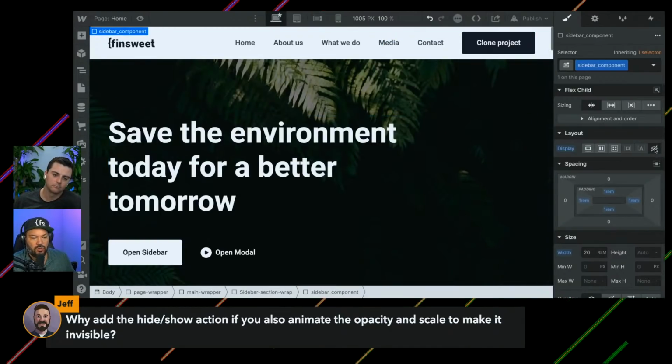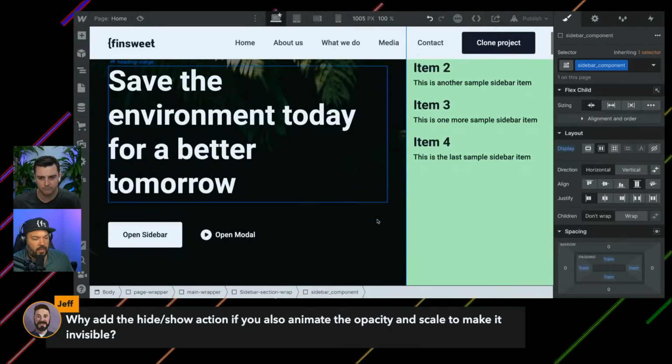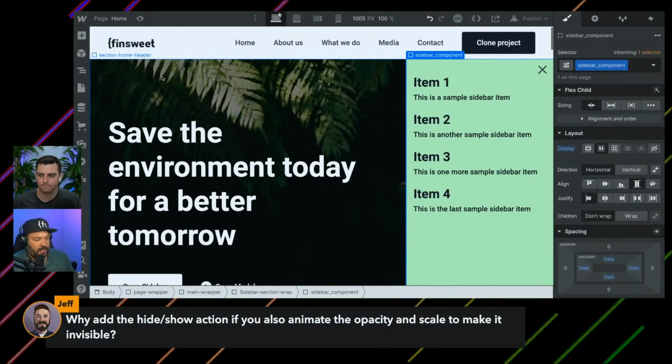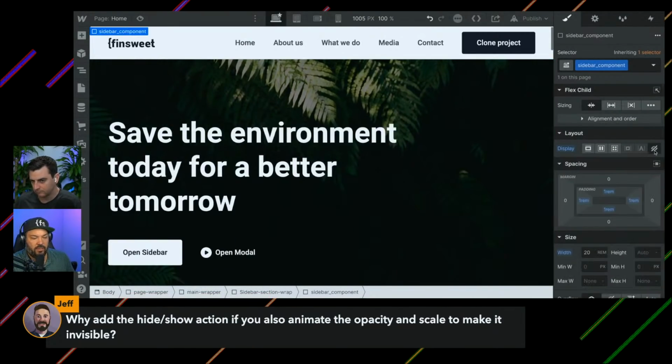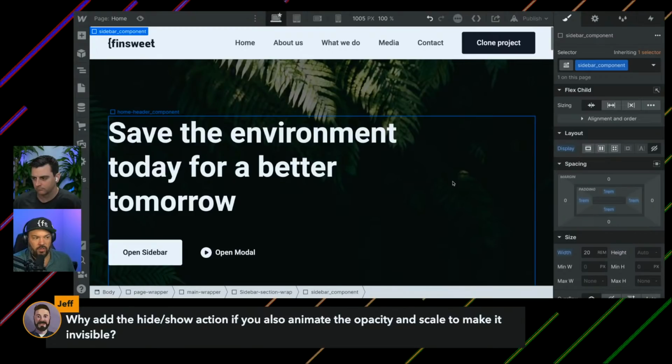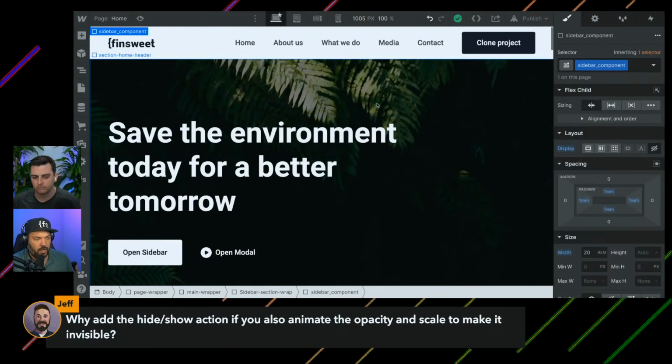So what I'll do is, just in case I forget while I'm building, and let's say I didn't set that hide state and I leave this here, then I'm going to see a flash when I go to load that page, because I forgot to leave the initial state as hidden. So I want to make sure the interaction does that for me, and so that's why I get into the habit of putting that hide show on the interaction at the beginning. You don't have to, it depends on the interaction, but like Joe said, it's one of those things that's just good